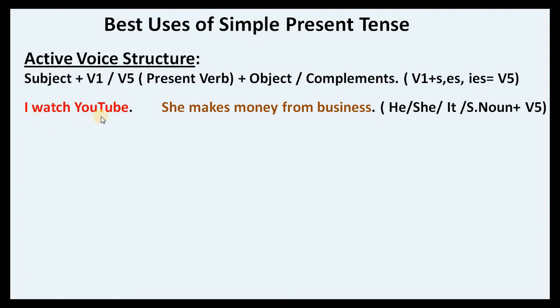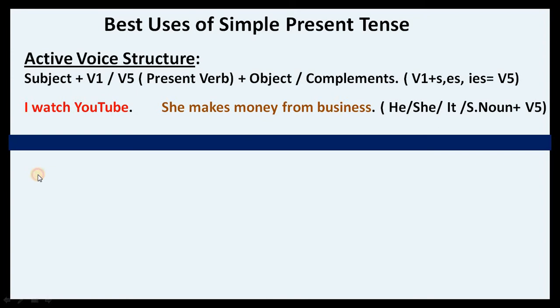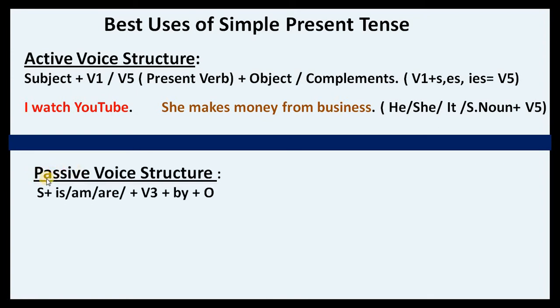I watch YouTube. She makes money from business. He, she, it, or a singular noun takes the V5 form, only in the positive sense of active voice structures in simple present. Alright. Now let's move on to